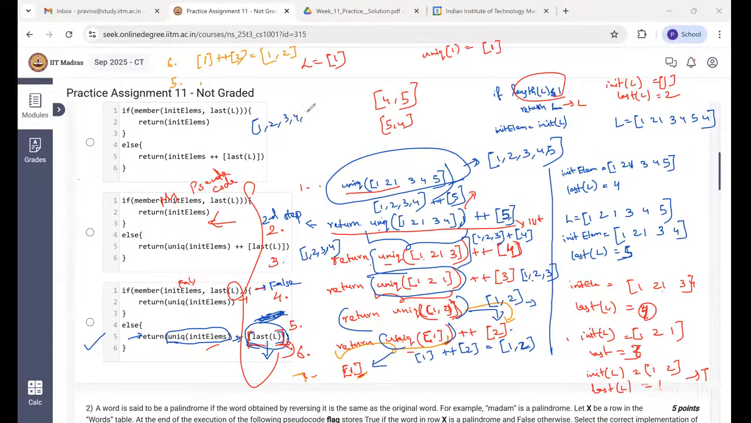That's it. So basically what recursion does is, it calls the